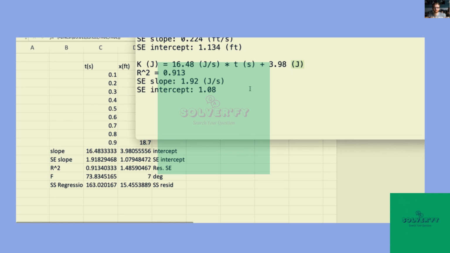R squareds do not have units. They're a unitless value that just tells us how linear and effectively how reliable our data is, or our equation for our line is. So this would be A, and this would be